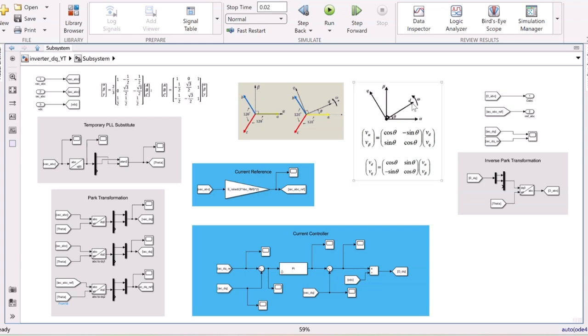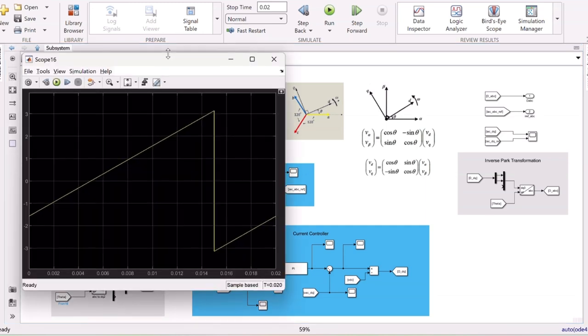So a DQ coordinate is basically the alpha-beta coordinate, but just with a rotating speed. So it's rotating with an angular velocity of omega. And you can see that the angle between D and alpha is theta here. Now, we can actually calculate theta analytically. This is not how you would do it in a controller, but it's great to understand how it works. So you can do some math, and then you will get theta. And this is the angle